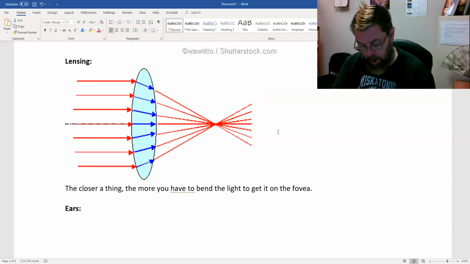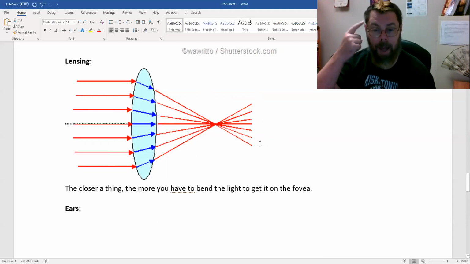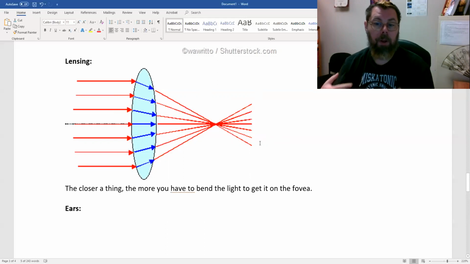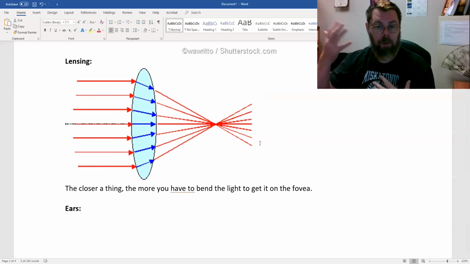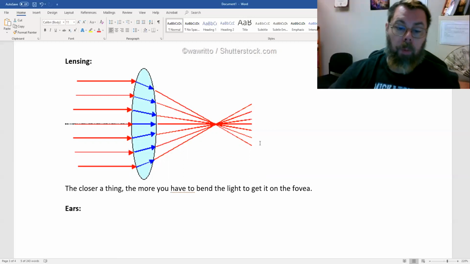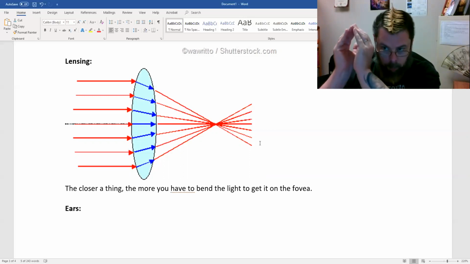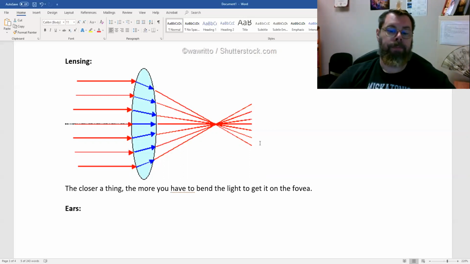That's what I mean: the closer a thing is, the more it's occupying the top to the bottom of the lens, and therefore, as it comes up to the other side, the more it's going to fill up the back of the eye, which means there's going to be a bunch of spillover into parts of the retina where you don't have that many receptor sites. You need to get it into the part where you can focus. That takes more lens squeeze, fat. What does that give us? That gives us age-related presbyopia.